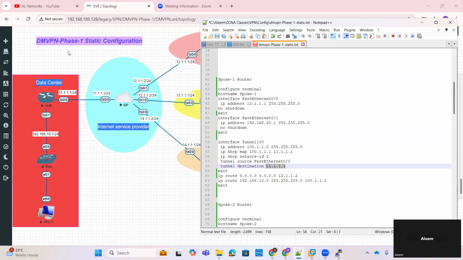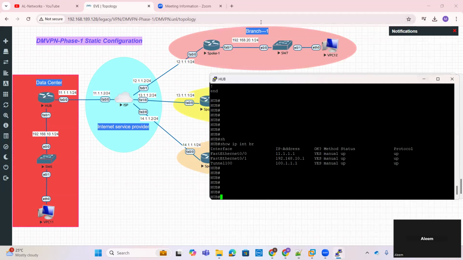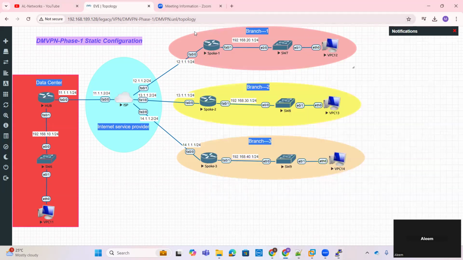So basically in DMVPN phase 1, we cannot assign hub to spoke, or spoke to spoke location, we cannot assign it. Means we'll create a tunnel overlay. It's an overlay, and this one is the underlay reachability. So we created here